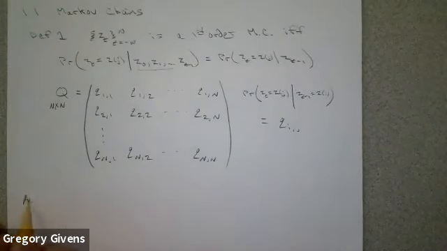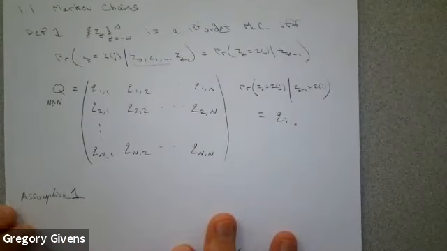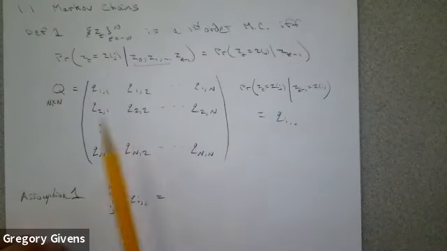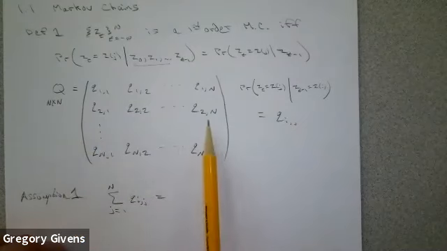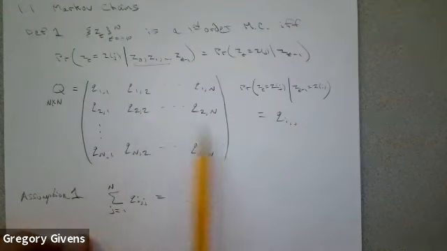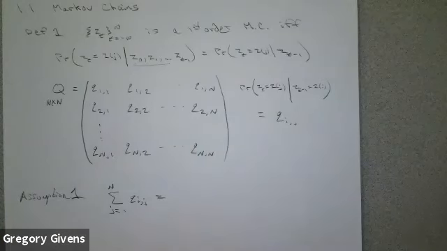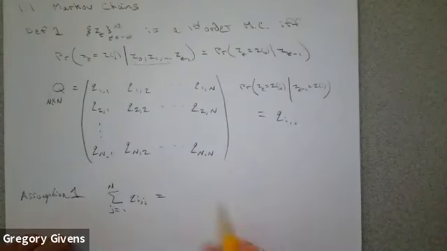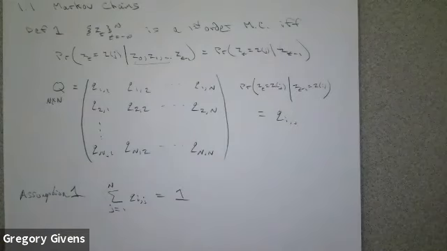All right, think about it. This is assumption 1. What must the sum from j equal to 1 to capital N of q_{ij} be equal to? So let's take the ith row of the transition matrix. What must the sum of all the probabilities in the ith row equal? That's the probability of moving from state i to state j, summed over every possible state j from 1 to capital N. That probability must equal 1, right?